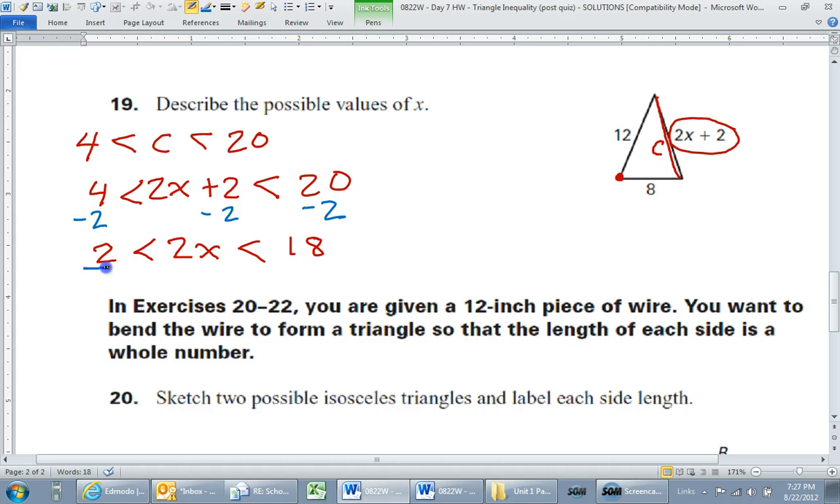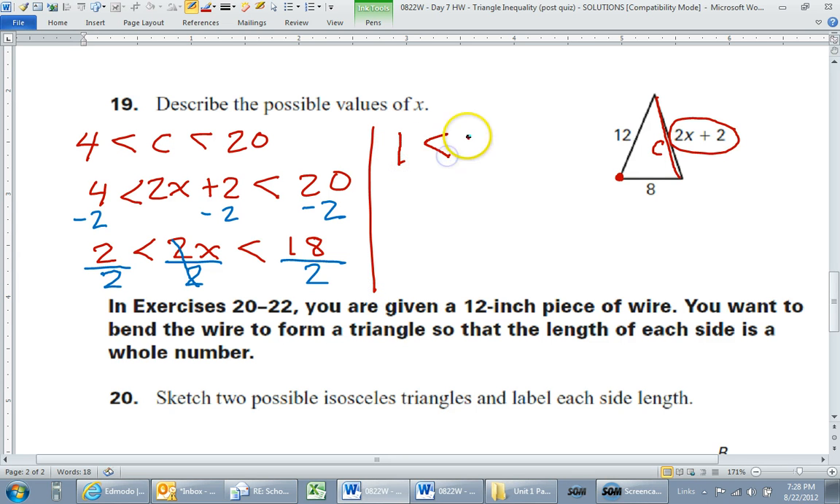Hopefully you were just yelling at your computer or your cell phone saying, "Mr. Burton, of course I would divide by 2 to get x by itself. I must divide by 2, because that way these will cancel out." And whatever I do to the middle, I need to do the same thing on the left and the right. Divide by 2. So that is going to give me